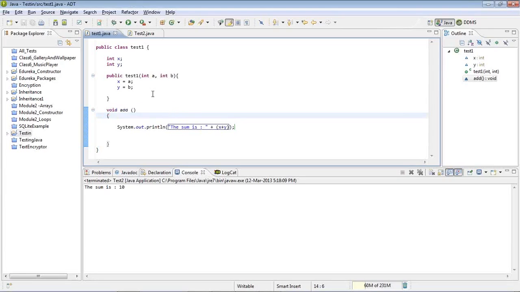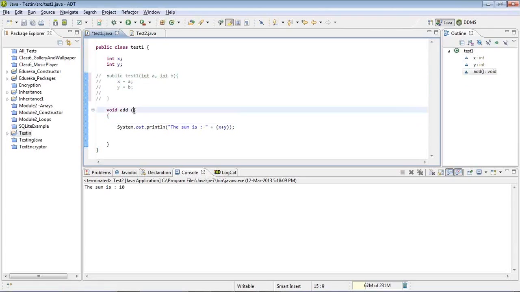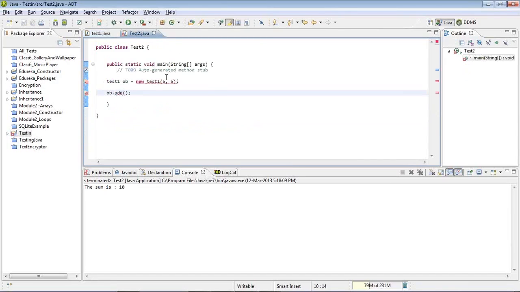Now we'll make some changes. This time, instead of using the constructor, I'll just comment this part and I'll take some parameters in it, int a comma int b. This time I'll print a and b. I'll show you step by step different things. So this will take values a and b. I come here, I'll remove these two values, and in this I'll pass 100 comma 200.